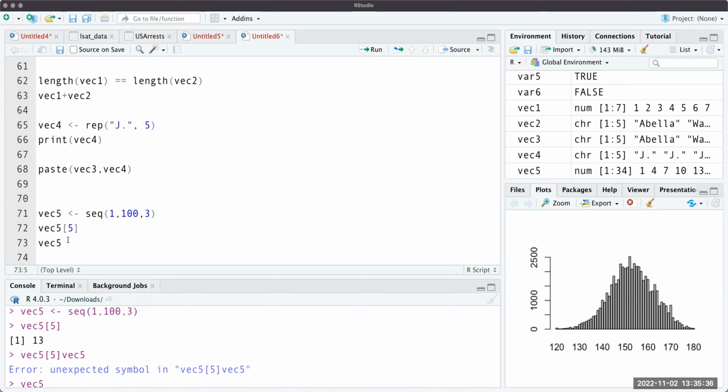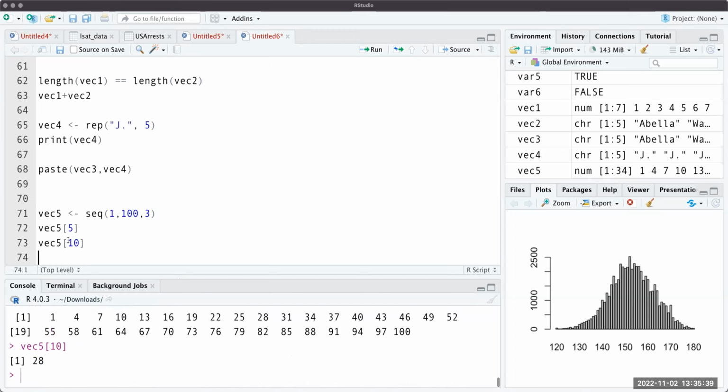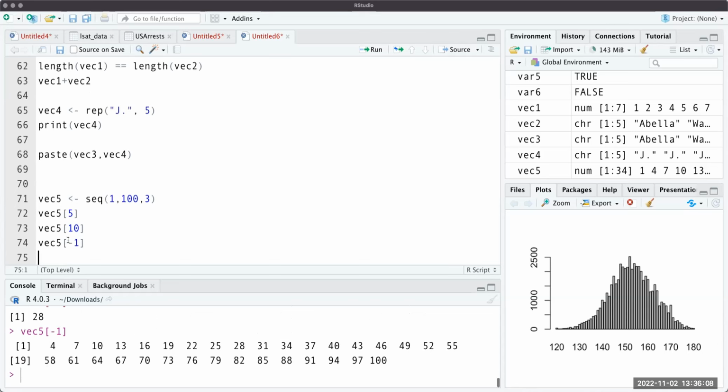So vec 5, I want the 10th element of vec 5. It's 28. Okay. I want every element except the first element. I can say, give me vector 5, don't give me the first one. So minus, it tells you what exactly you don't want. Okay, so if I say that, it's going to give me all the values in it except the first one,